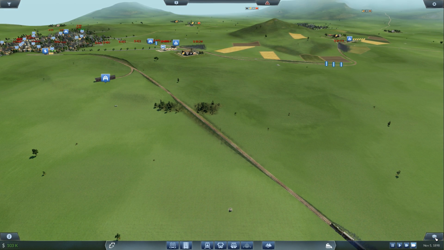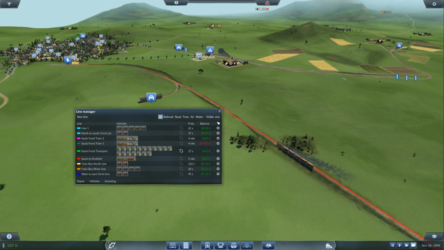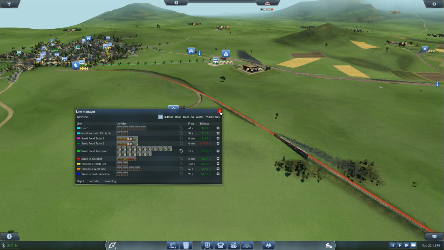Let me turn this off, it's really annoying. This train, though, is making me some serious money. Can't even click on it. 500k. Just shipping passengers around. Well, that's kind of taught me a lesson for when I start a new game. And I think it is literally...